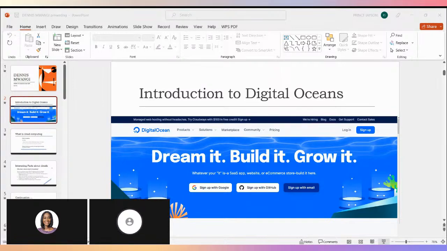So the other thing that the cloud offers is the storage and the database services. So the storage and the database services, this is just,